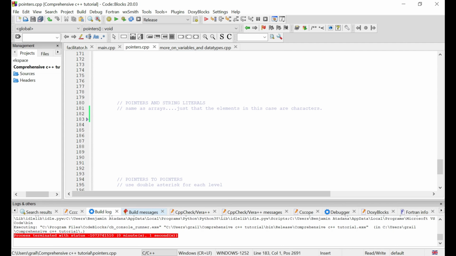So now I want to look at pointers and string literals. Strings are just arrays, but these are arrays that are made up of character elements. So for example, the string hello is made up of 5 characters, and it's an array of characters, so it has H E L L O. So this is an array made up of characters. When we have this kind of array, we can say